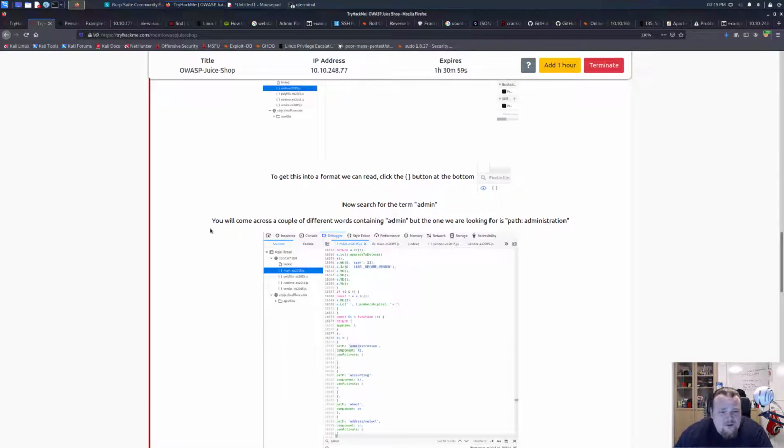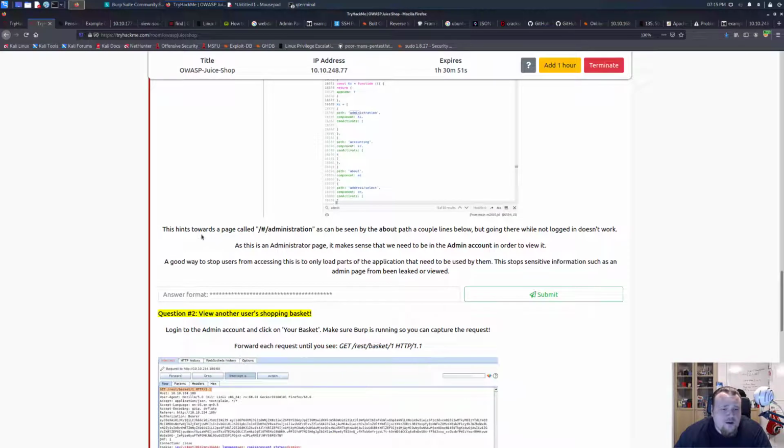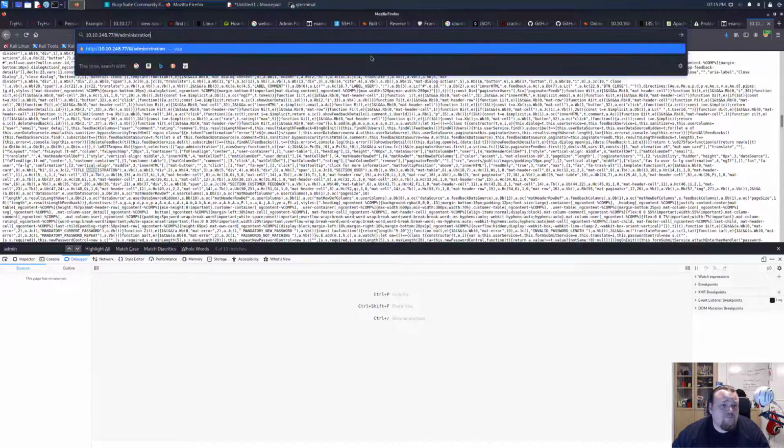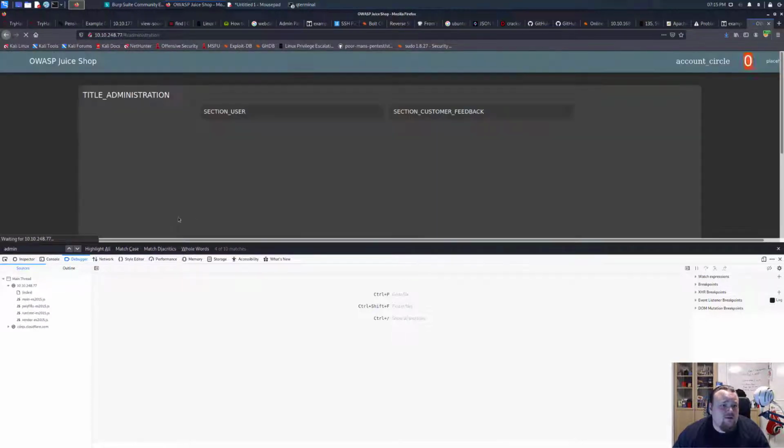So basically what I see, you will come across a careful word containing admin. Look for the path. Yeah, we found that already. And this hints towards a page called administration. So if we take this here and put that in, we should